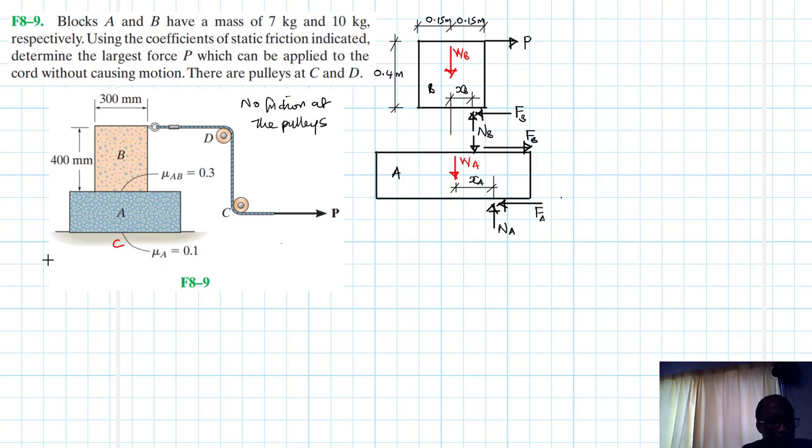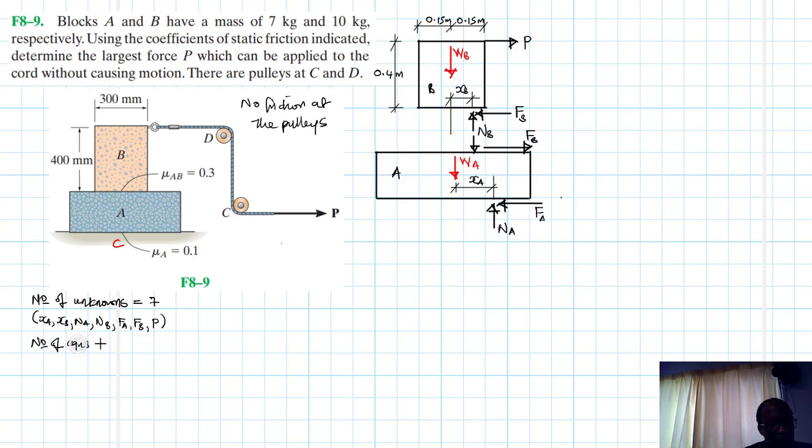First things, let's count the number of unknowns. So we have number of unknowns. This is going to be equal to, we have 1, 2, 3, 4, 5, 6, 7. We have 7. This is XA, XB, NA, NB, FA, FB, and the P. 1, 2, 3, 4, 5, 6, 7. Alright, so we need one more additional equation because the number of